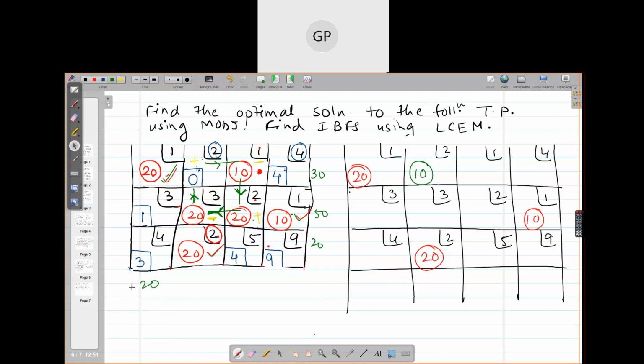So here the demand is 20. Demand, and these are supply units. This is 40, this is 30, and this is 10. Total is 100. Okay. So if I am putting 20 units here, and if I am putting 10 units, I cannot go beyond 30 units. So this will become unoccupied now. Do you understand it? Yes, ma'am.